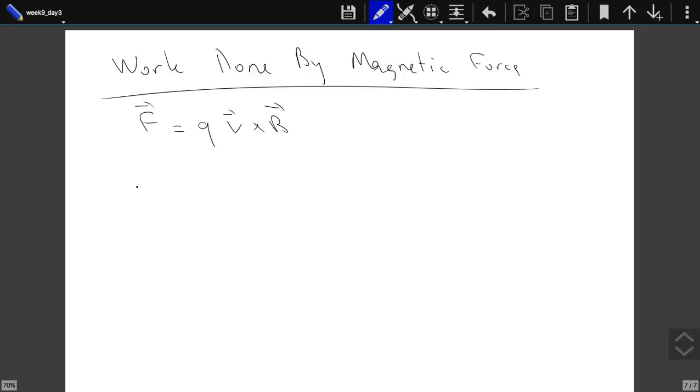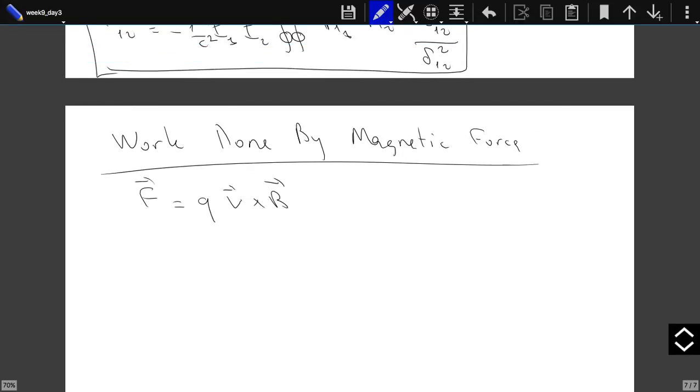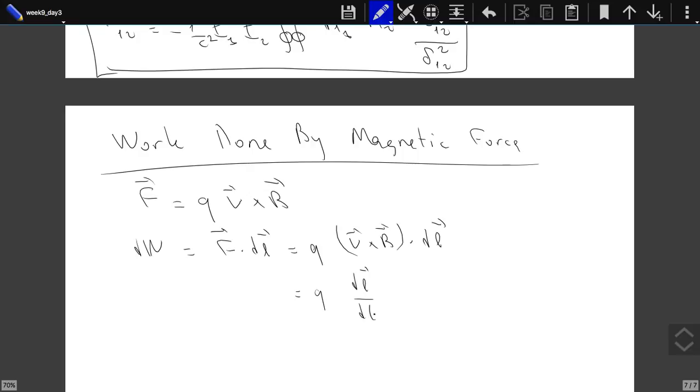Well, if you just imagine that the charge is slightly displaced, then the work done would be F dot dl. This is equal to Q times V cross B dot dl, which is Q times dl over dt cross B